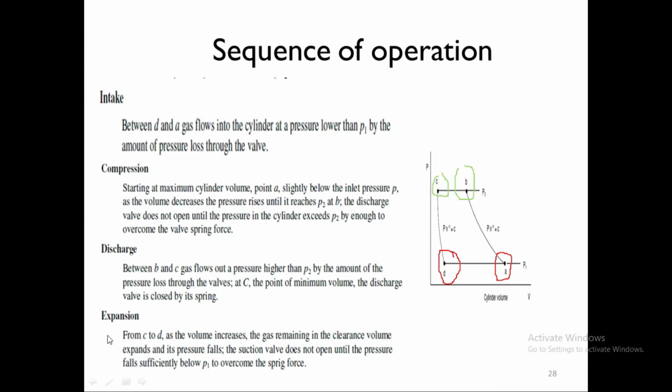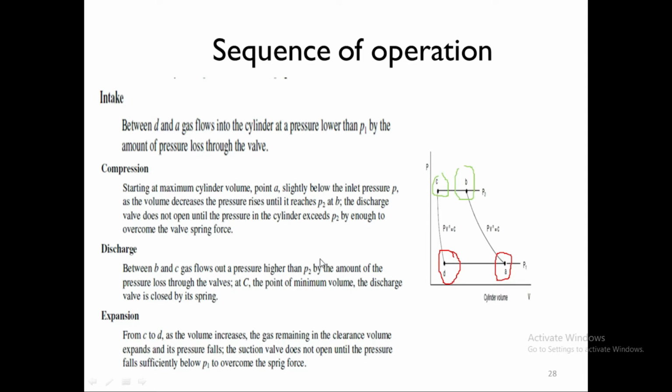Expansion from C to D. As the volume increases, the gas remaining in the clearance volume expands and its pressure falls. So as the piston is moving backward, the intake valve is still closed, but the gas or vapor which was inside the clearance volume will expand. So from C to D, the fresh gas is not coming yet, but whatever was trapped in the clearance volume is the one which is